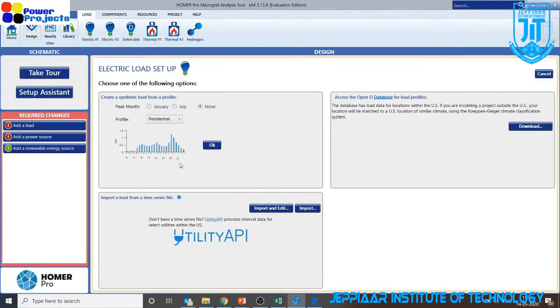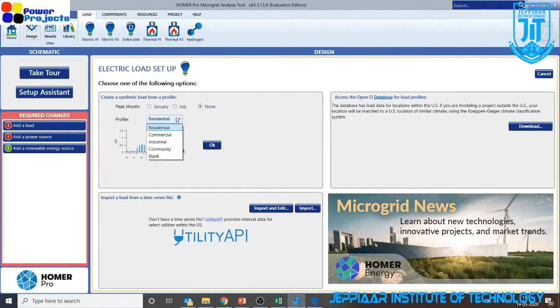So here you can see the load curve. The software gives you an option to model different kinds of loads, like typical examples of residential, commercial, industrial and community loads, and you can even have your own loads by keeping it blank. If you want to put up a microgrid for your own college campus or industry, and you have data from your multifunction meter for the past 1 year, you can import that data as well. How to import, I will come to later.